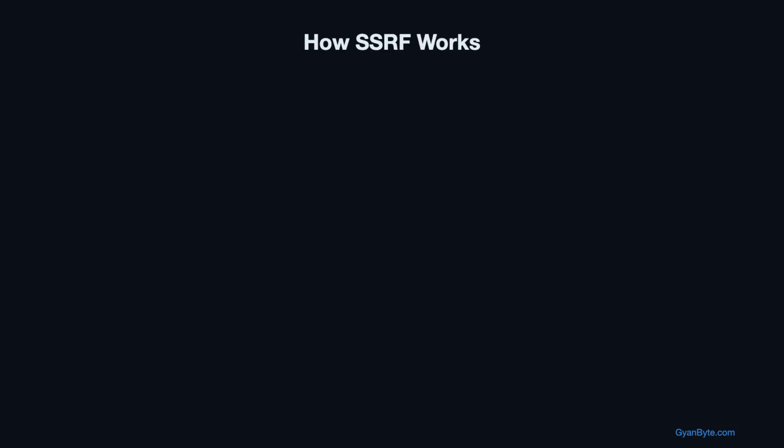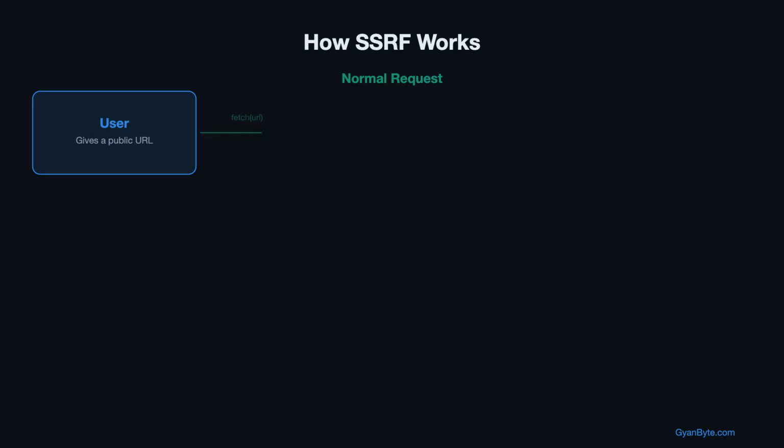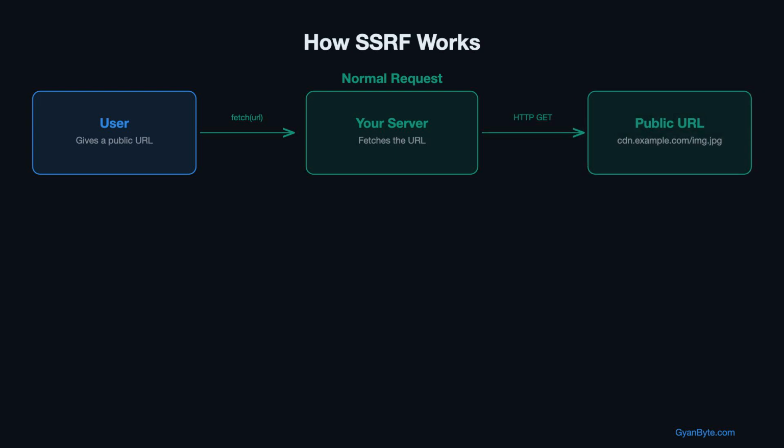Your app has a feature that takes a URL and fetches it server-side. Normal use: the user gives a public URL, maybe an image for a profile picture, a webhook callback, or a link preview. Your server fetches it and returns the result. The attack: instead of a public URL, the attacker gives your server an internal address,